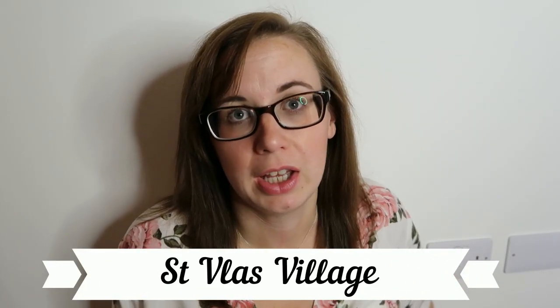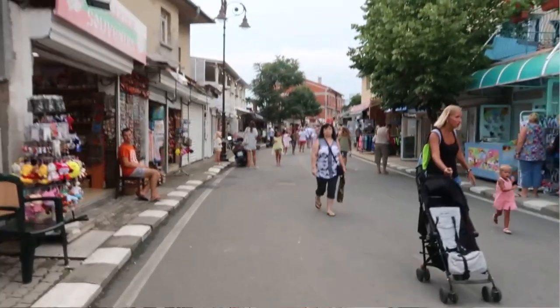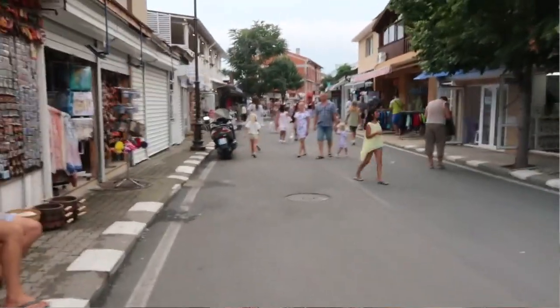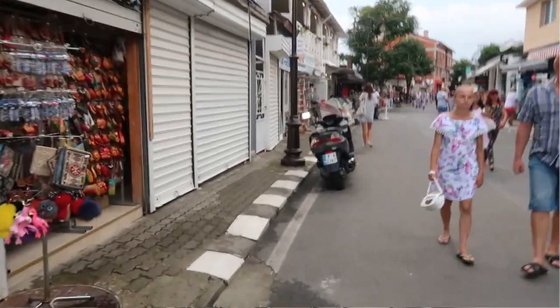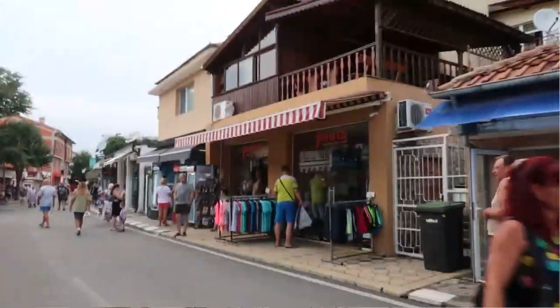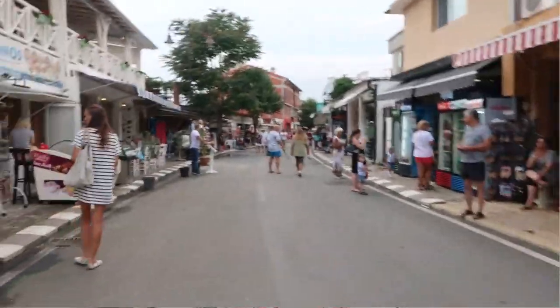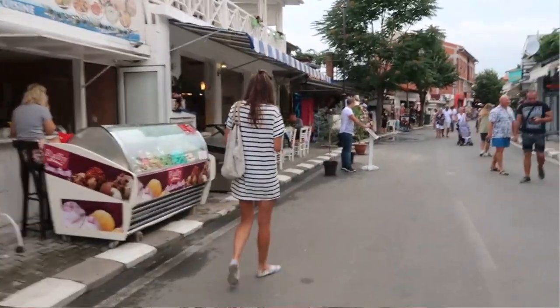Number 3 is the village at St. Vlas. So again, we were obviously staying there. We could walk there quite easily. It's just a huge long road, and there are slight diversions of roads, but there are all these bars and restaurants, shops. There's lots of shops, and it varies from market stalls selling paintings and crafts and things like that, and then there's the more expensive shops like sunglasses,